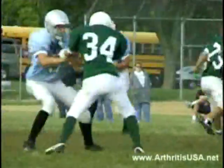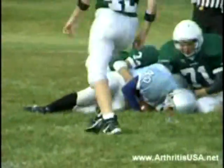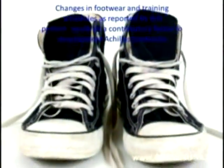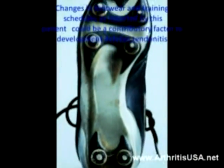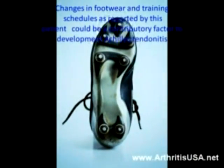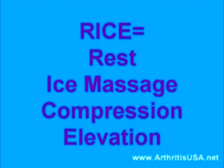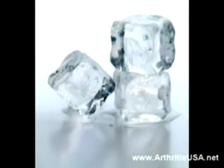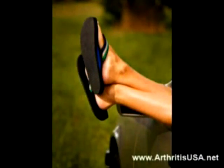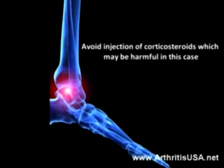Typically, patients experience most of the pain during running and jumping. Changes in footwear and training schedules, as reported by this patient, could be a contributory factor to development of Achilles tendonitis. Treatment is RICE, which stands for rest, ice massage, compression, and elevation. Avoid injection of corticosteroids, which may be harmful in the case